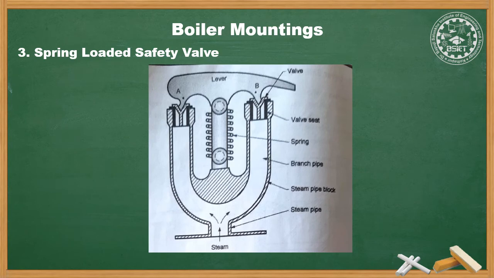The spring loaded safety valve, as shown in the figure: when the pressure of steam increases beyond the design pressure, then either valve V1 or V2 will open by extending the spring, and when normal working condition is reached, the valve is pulled inward by the spring, closing the passage. The spring loaded safety valve is generally used in marine and locomotive boilers.